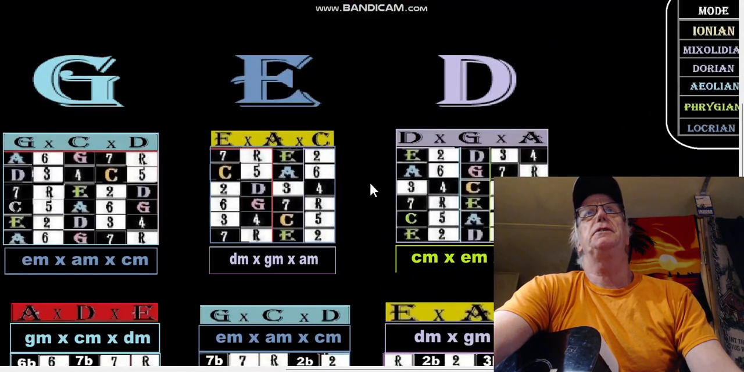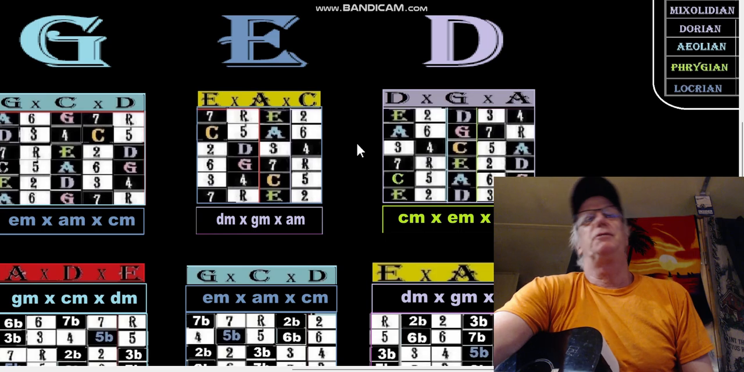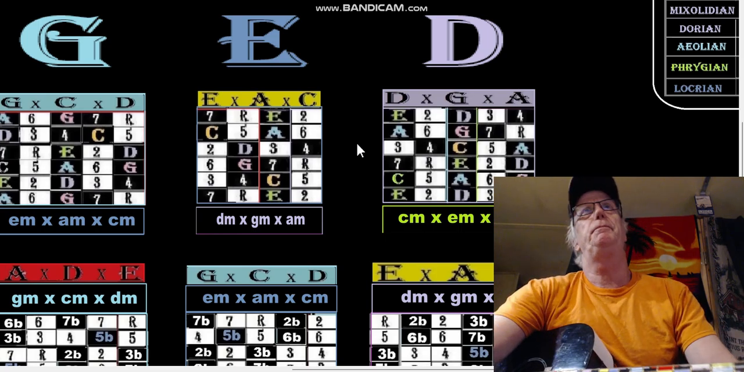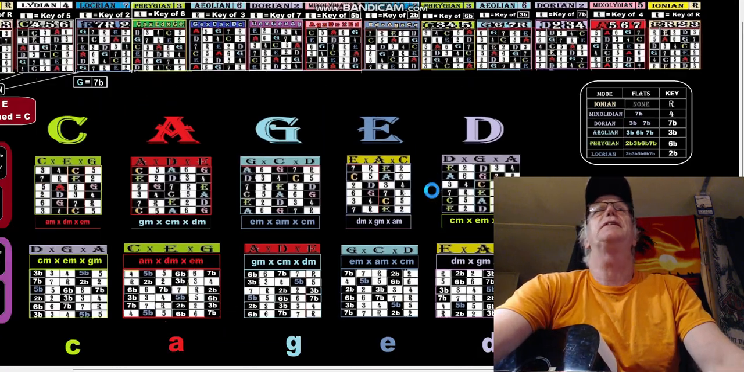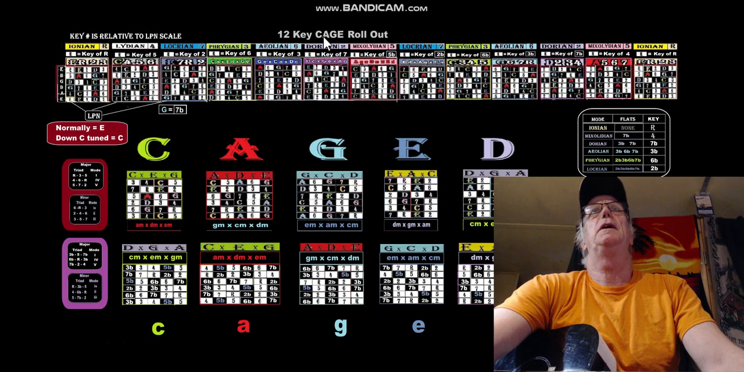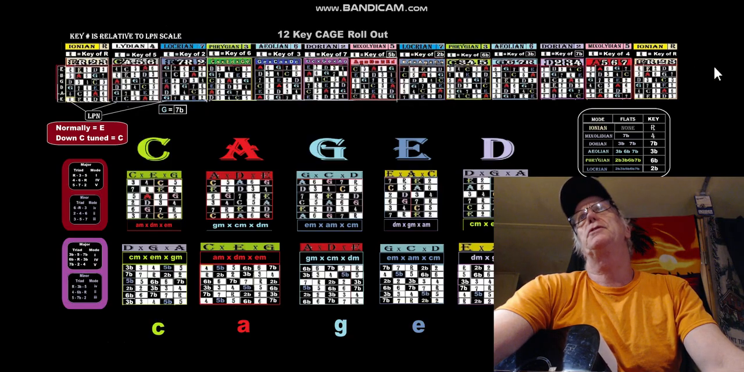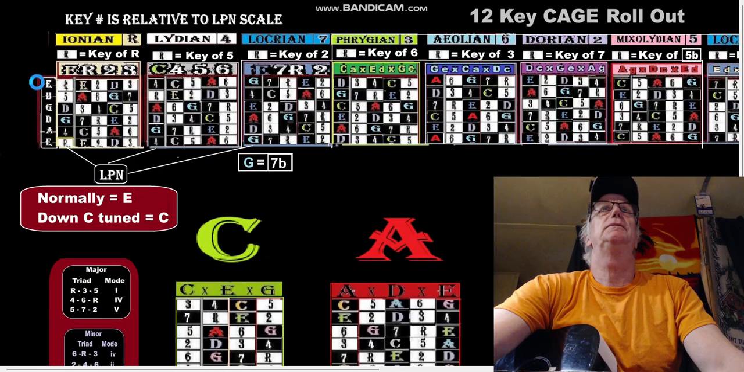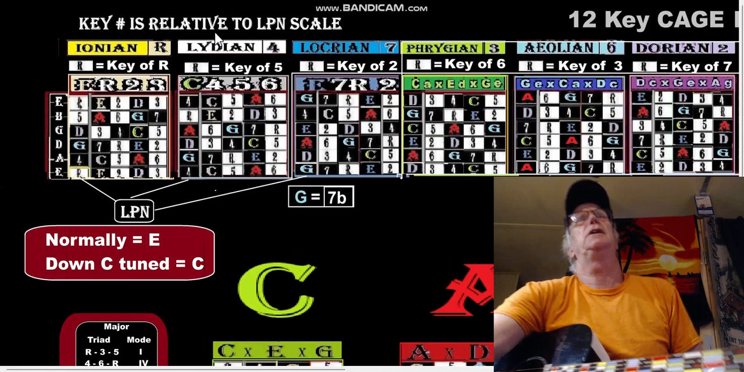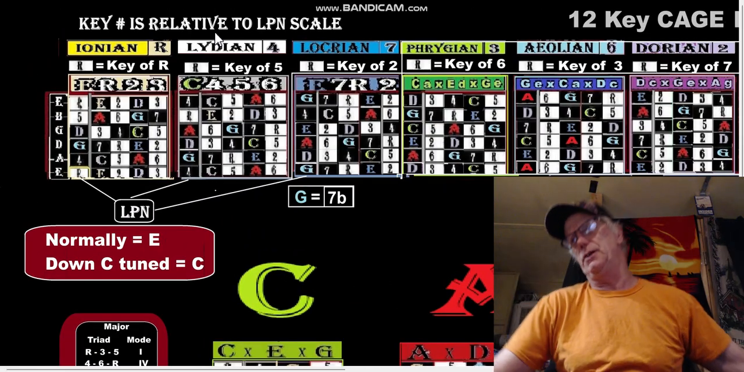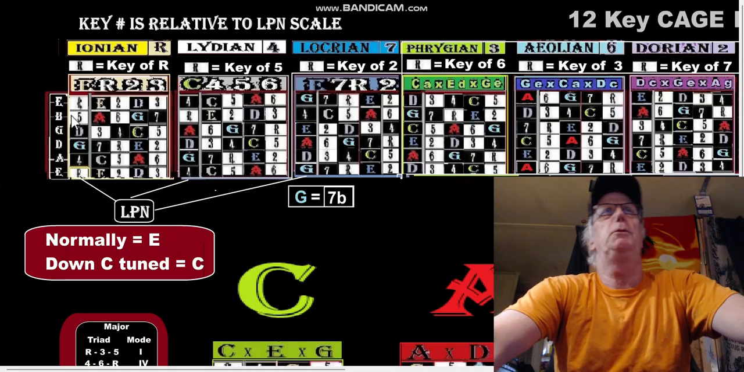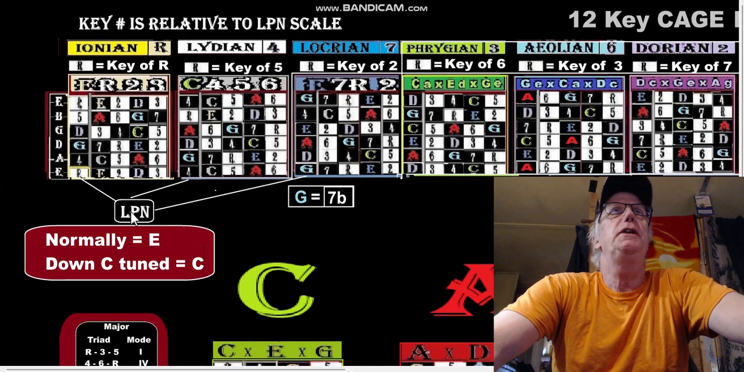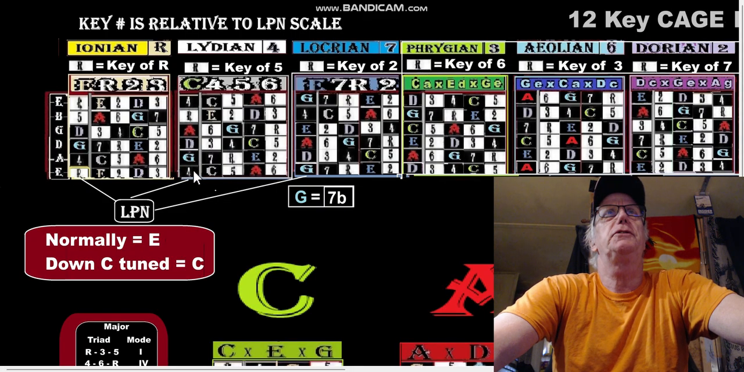Before we define a new system, it's not really a new system. The new system, if anything, would be up here, the 12 key cage rollout. Trust me, there's 13 boxes up here. And we look at this, key number is relative to the LPN scale, lowest playable note. So here's the LPN in this box is root, the LPN in this box is 4,